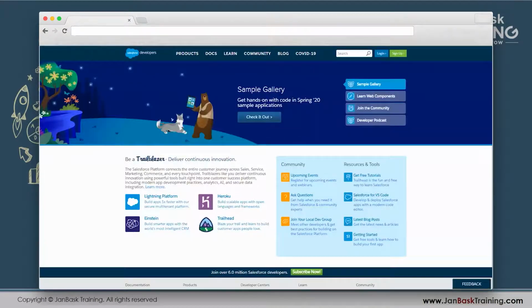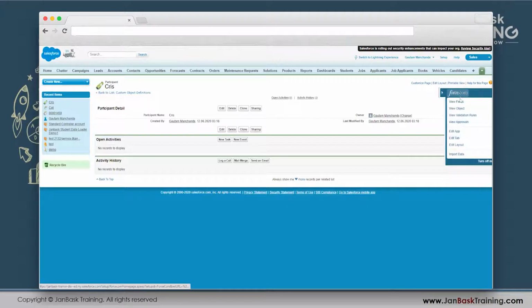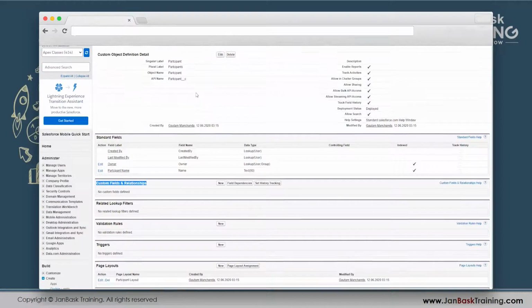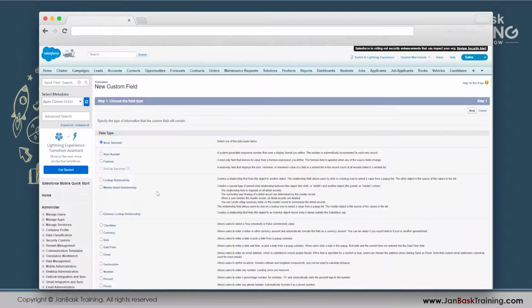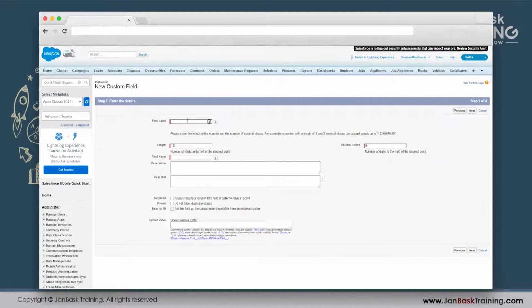So what we are going to do now is we are going to create another field over here. So this is called the quick access menu. This expand collapse, this is a quick access menu. So from here I click on view fields. Custom fields and relationships is the name of the section. I click on new over here and I select a number because classes attended is going to be a number. So I select number, I click on next. Field label, as we decided, classes attended. I'll keep the remaining information as is, and we will be discussing all of these, so no worries.